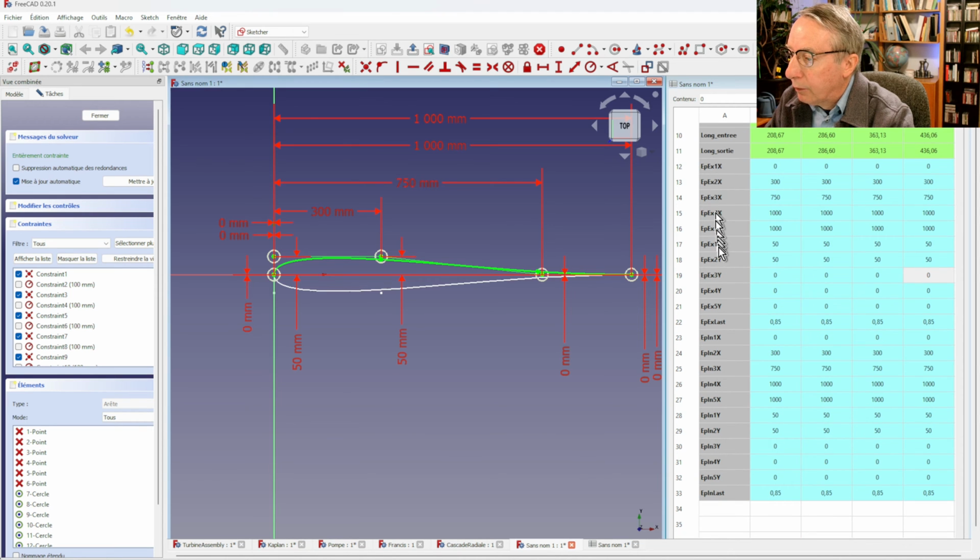So there is the 5 poles, EX for the suction side, and IN is for pressure side. The 5 points and the X coordinate and the Y coordinate of this pole. All these values are scaled to fit the 3D length of fillets. Pole 1 is on vertical axis here. That way it ensures the continuity of tangency between the suction side and the pressure side. Pole 2 influences the thickness as well as pole 1. Pole 3 is on the x-axis to make sure to have an horizontal tangency at trailing edge. Pole 4 and 5 are at trailing edge.